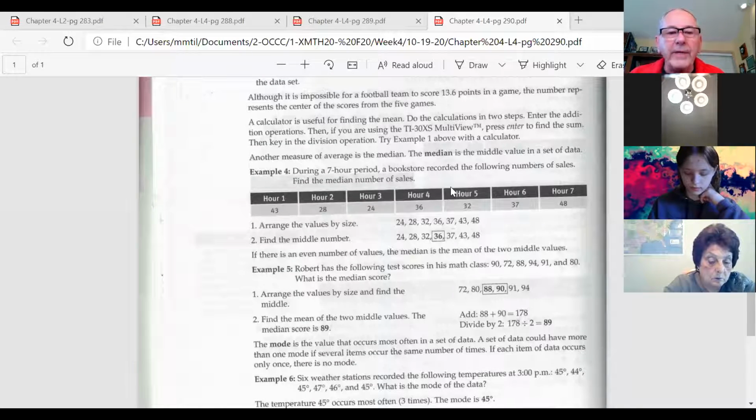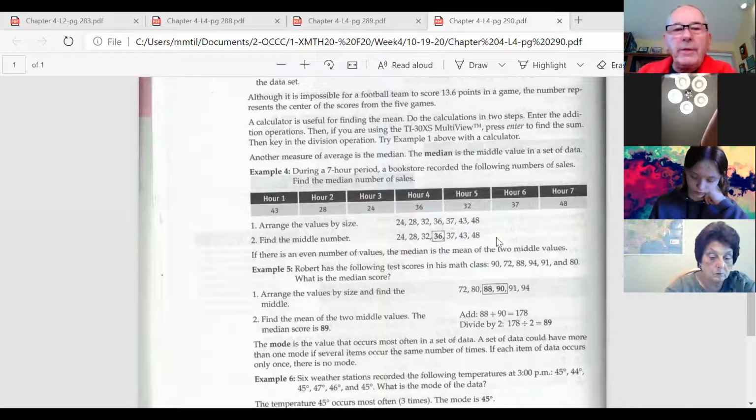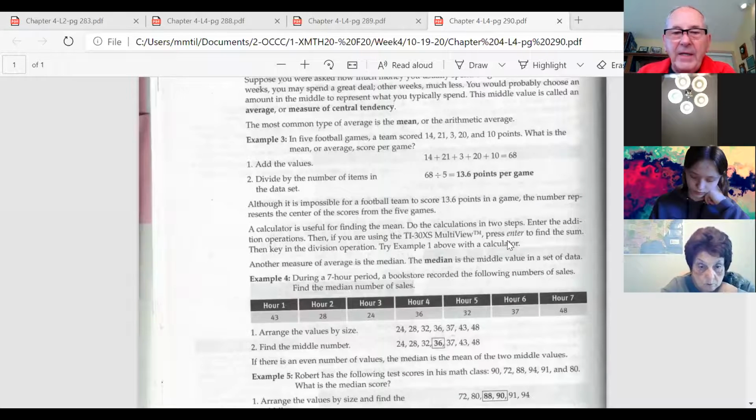Okay, here's some more data. Example 4: during a 7-hour period, a bookstore recorded the following number of sales. Hour 1 through hour 7 shows the number of sales. So the data points are all these: 43, 28, 24, and so on. In this particular case, to figure out the median, you've got to